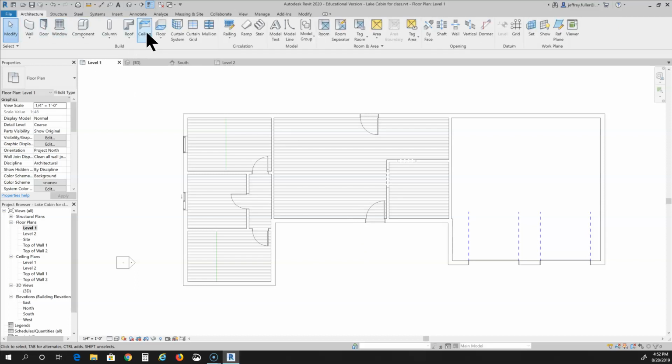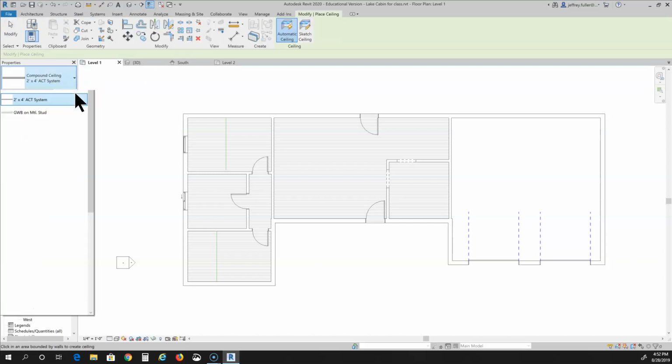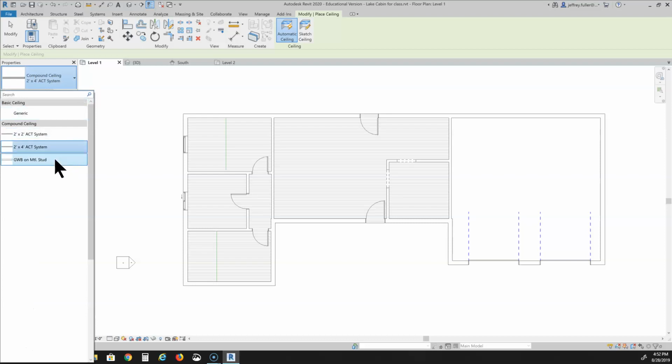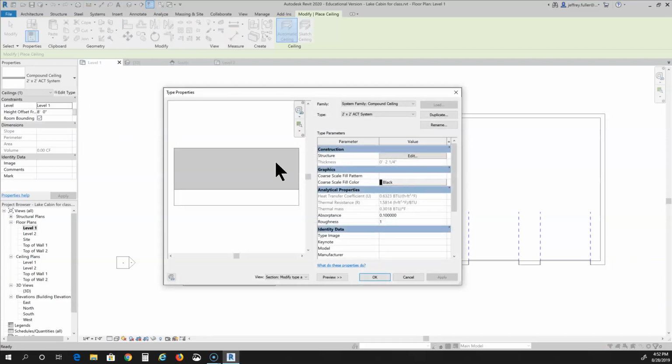Okay, ceiling right here. Unfortunately the only ones they have in default is these acoustical ceilings, which is like the ceiling that's in the classroom. If you look up, and there's the ceiling in the classroom. We don't want that in our house. It just doesn't look right. And so what we're going to do is we're going to choose either one of these, it doesn't matter, and we're going to edit it. So we're going to choose that ceiling, we're going to go edit type, and we are going to duplicate it,